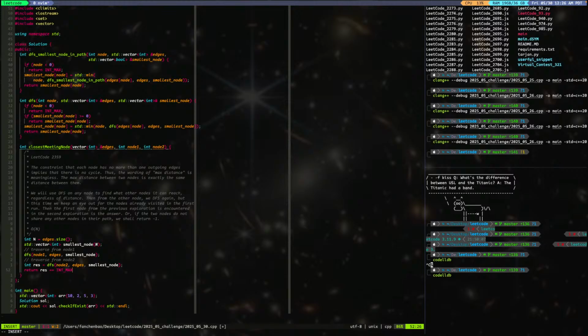Because it could be int max. Actually, no, I don't think it will be int max. It'll be some value. It's just in the DFS2, we don't get